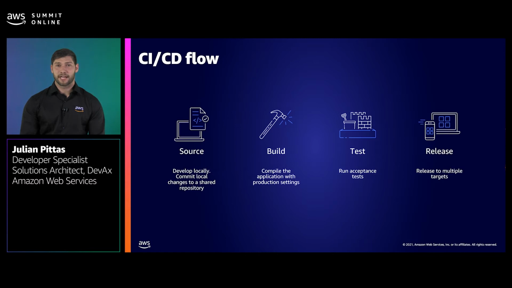Once a build artifact has been created, this will then trigger acceptance tests, and these could consist of performance tests, integration tests, UI tests if the application has a user interface, and regression tests. Once the application passes and has been approved, it's ready to be released. Now, this is the step that usually differs quite a bit depending on what it is that you're trying to build. If it's a web application, we would deploy to the web server. If it's a mobile application, we would deploy to the App Store. Now, this is all quite a process to build and get it set up, but once it's running, it would save time and guarantee a certain level of quality.